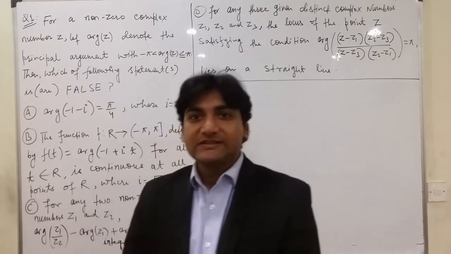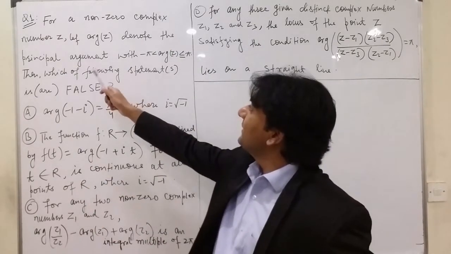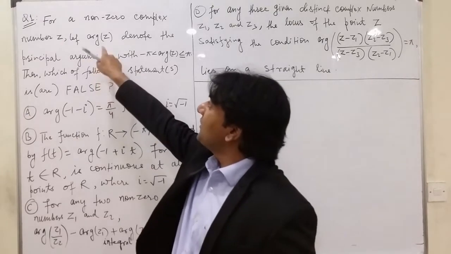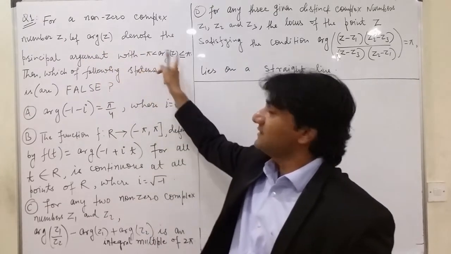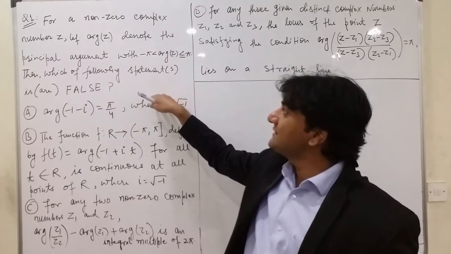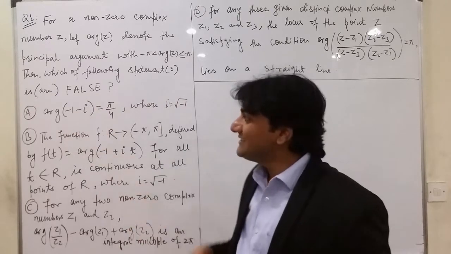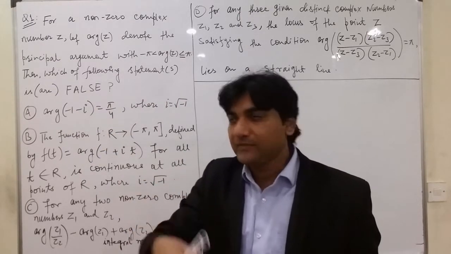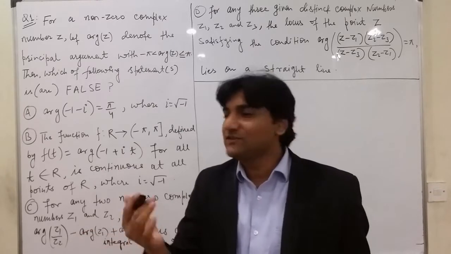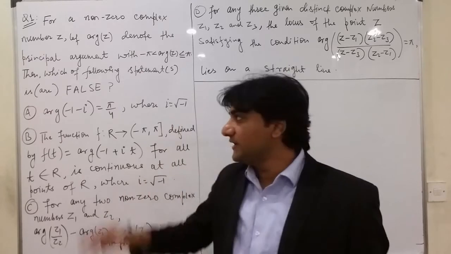Today we are going to discuss a 2018 JEE Advanced paper question. For a non-zero complex number z, arg z, this is the argument of z, which lies between minus pi to pi. Then which of the statement or statements is or are false? So this time we have to choose the false one. So indirectly, you have to solve this question and match your answer with the answer given